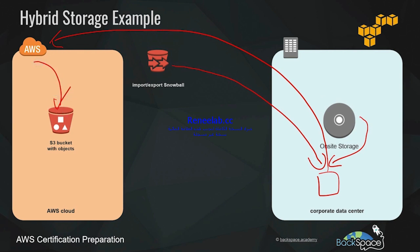So then we've got to find a solution for making sure that the data in our corporate data center is synced with our AWS cloud. Now that's where the AWS Storage Gateway comes in, and that will orchestrate all of that for us. And so if you have got a high-speed link between your corporate data center and the AWS cloud, which you can with the AWS Direct Connect service, you can have the AWS Storage Gateway to orchestrate and manage that all